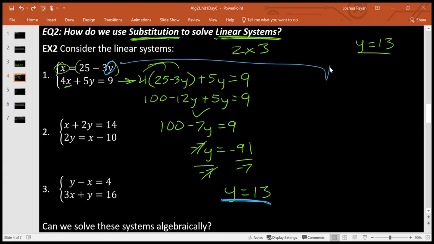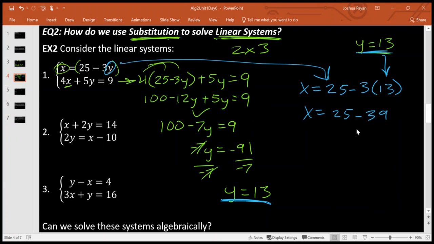So now I've got x is equal to 25 minus 3 times y, right? That's this guy right here. And now I just need to do some quick maths, and I'm going to have what x is in fact equal to. So x is equal to 25 minus 39,